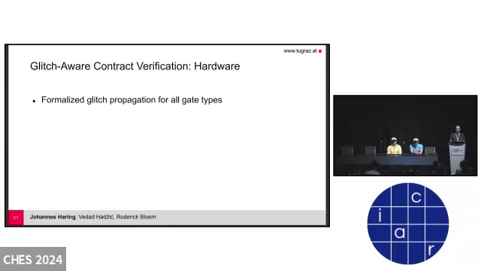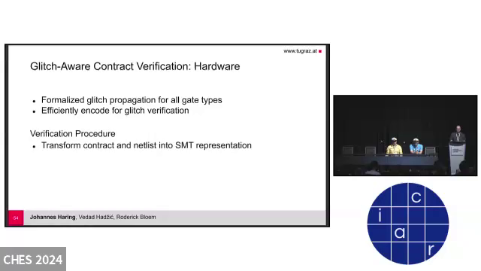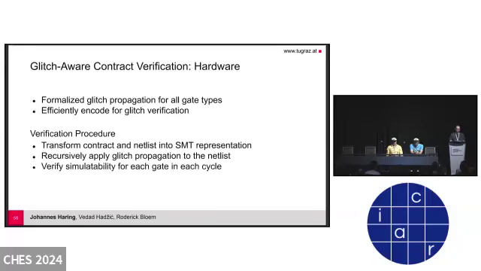Now, for hardware verification, we formalize glitch propagation for all of the gates. So for AND and OR gates and everything else that's necessary. We then efficiently encode the circuit for glitch verification. And the actual verification procedure works by transforming the contract and the netlist into an SMT representation, recursively applying the glitch propagation rules to the netlist, and then verifying simulatability for each gate in each cycle, which is hard, but